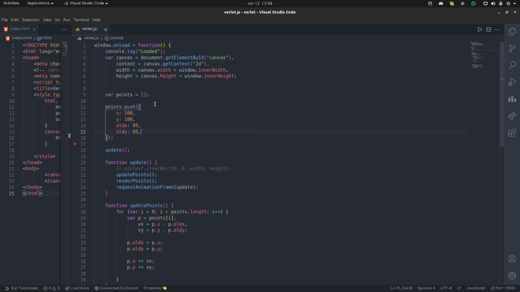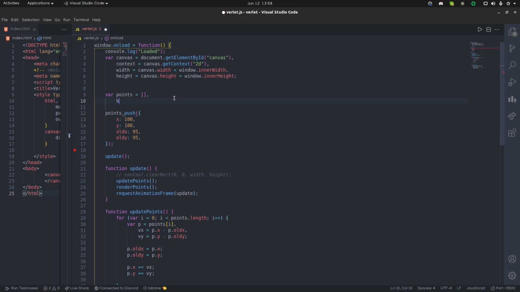We can do something so that this ball doesn't just run off from our screen, and actually we can add some edge detection to our object. So to do that, I'm gonna create a